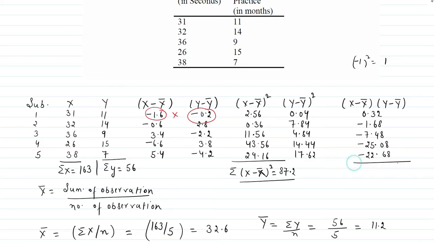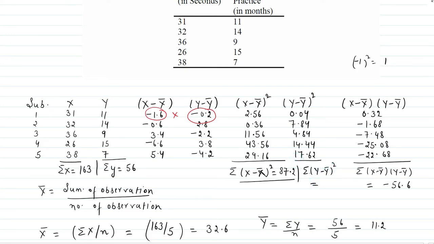Now we also have to take the summation of the products of x minus x bar and y minus y bar, which comes out to be minus 56.6. Also we have to calculate the sum of y minus y bar whole square, which comes out to be